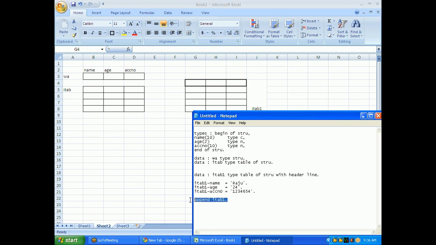So this is enough. If the work area name and the itab name are different, then you need to say APPEND work area TO itab. But in this case, SAP will understand that you already filled the work area for ITAB1 and you are going to append it. Got it? Similarly, if you want to loop at itab, in this case, how will we do it?